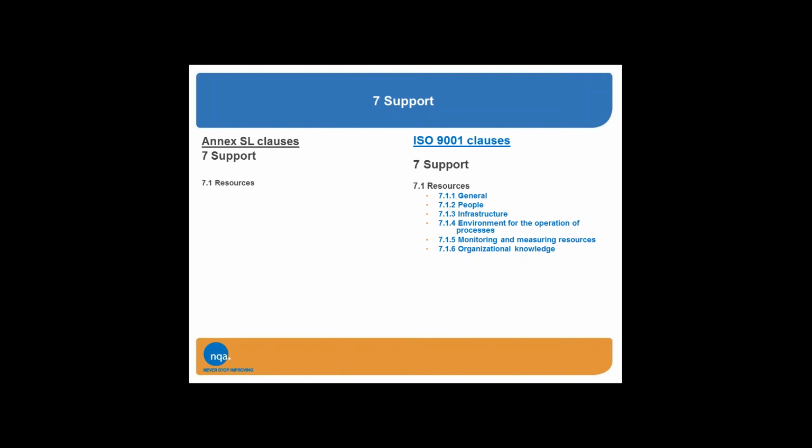sub-clauses detailed there. So we have general requirements, we have requirements for people, infrastructure, environment for the operation of processes, monitoring and measuring resources, and organizational knowledge. So these sub-requirements, these additional requirements, are specific to 9001 itself, again demonstrating the importance that the quality profession has placed on